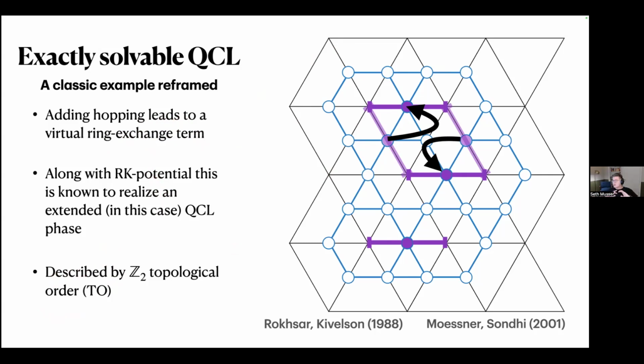I said that experimentally we might have this in between our metal and Wigner-Mott insulator, but I wanted to give you an example to hang your hat on. The really important feature that we'll come back to and re-examine a lot is that at the RK point, this is described by Z2 topological order. So this quantum charge liquid exhibits topological order.